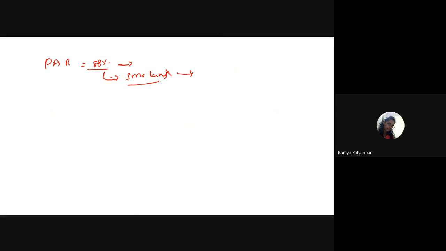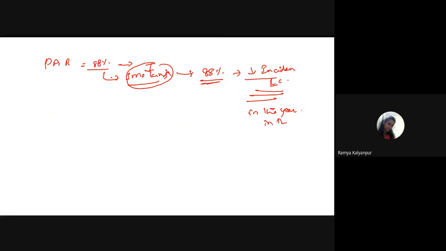So when some actions are taken publicly, then what happens? There are 88% chances of reduction in the incidence of lung cancer. So when I target smoking by totally trying to remove it from the community, there will be an 88% reduction in the incidence of lung cancer in the given year in that community. So this is the message that is given by this population attributable risk.